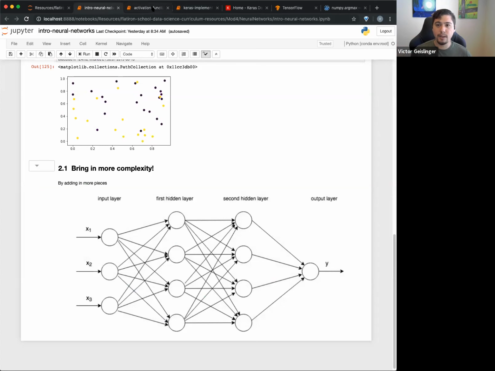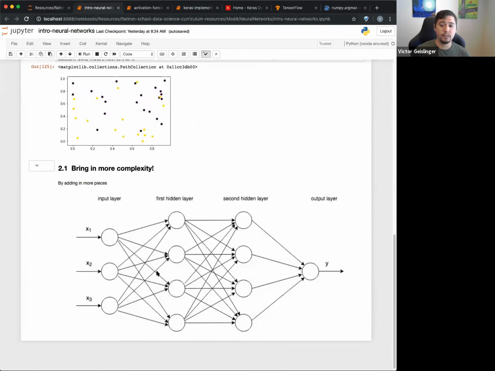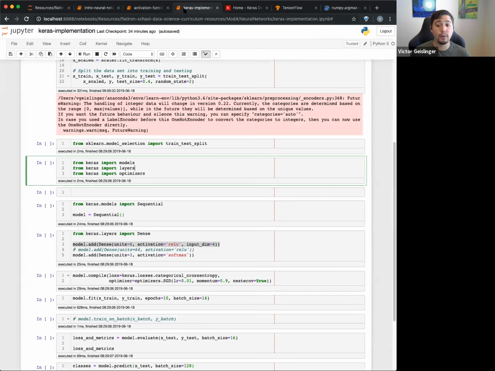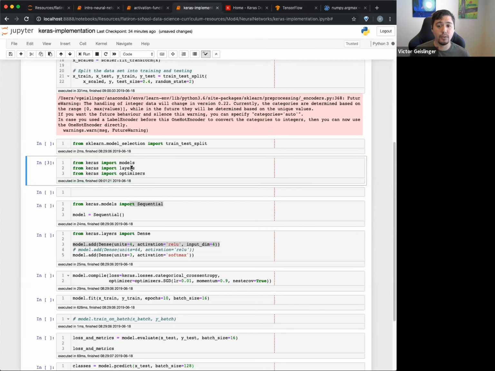There are other types of models, which we'll talk about, like RNNs, recurrent neural networks. They're built around neural networks, but they allow you to have some time dependence in a way, and they're really useful for natural language processing. But in this case, we're just looking at sequential. So for the most part, for neural networks, you would import this sequential. So let me go ahead and import these models.